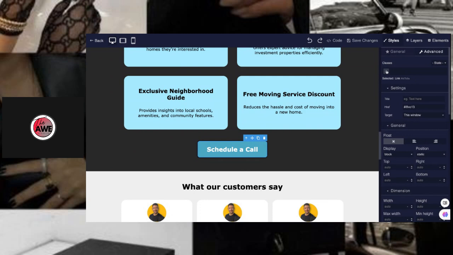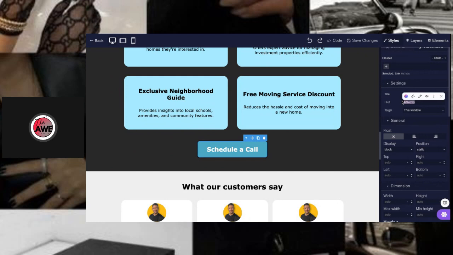Okay, let's see if we can add. Nope. This is where you want to change. So let me just show you how it'll change. Let's say I wanted to just go to another link. I'm going to put that link. See, HTTP is going to put HTTPS://